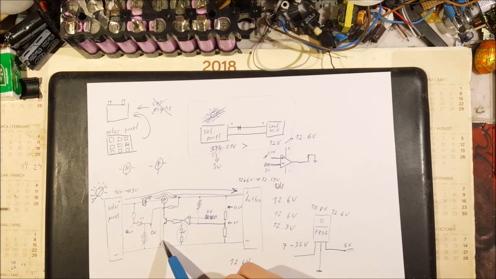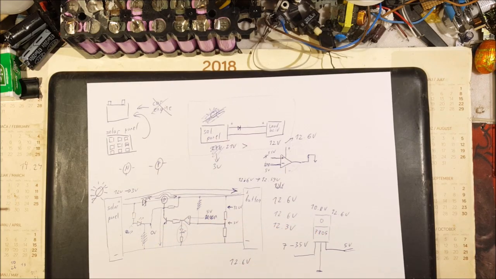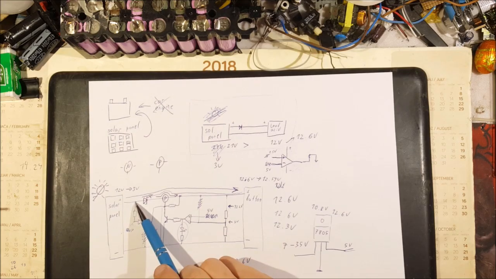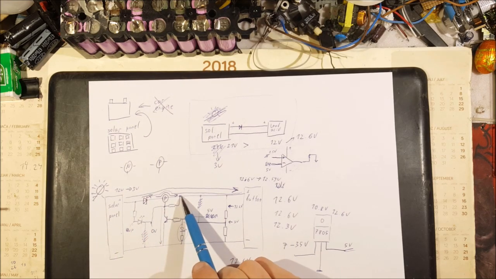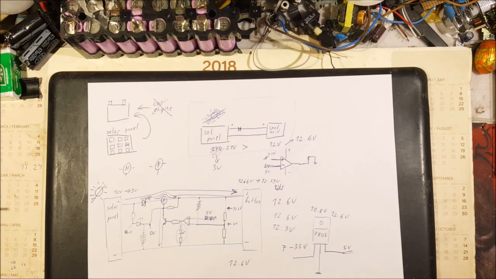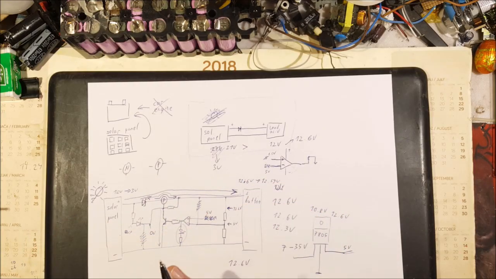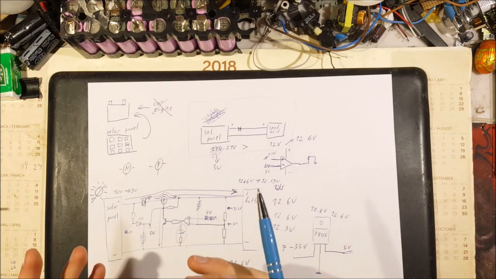It cannot go down to ground because this transistor right here is open. It can only go through this resistor back to the positive rail. And since both this point and this point of the circuit are positive, there is no voltage drop across the diode,